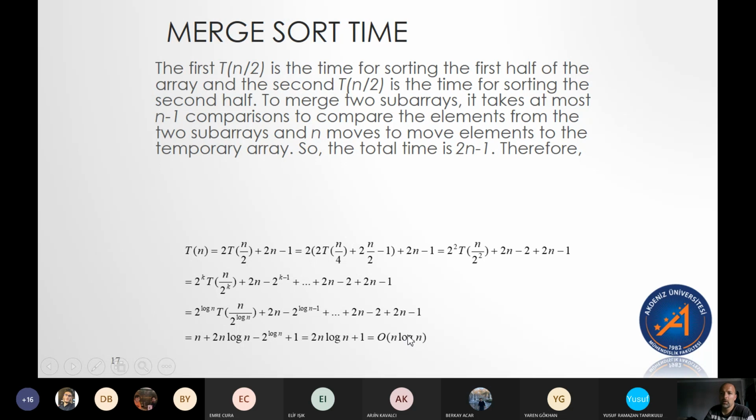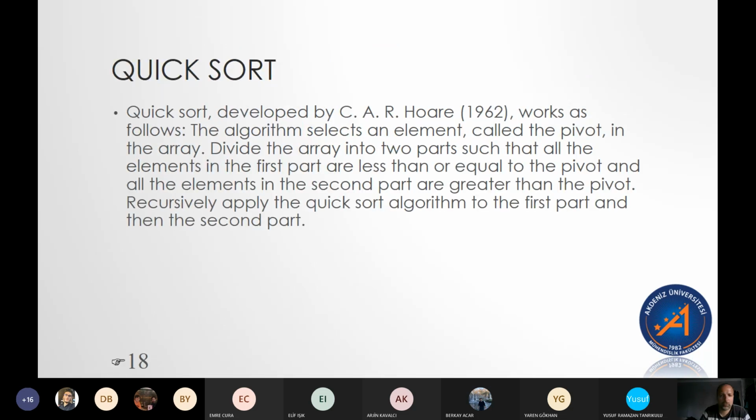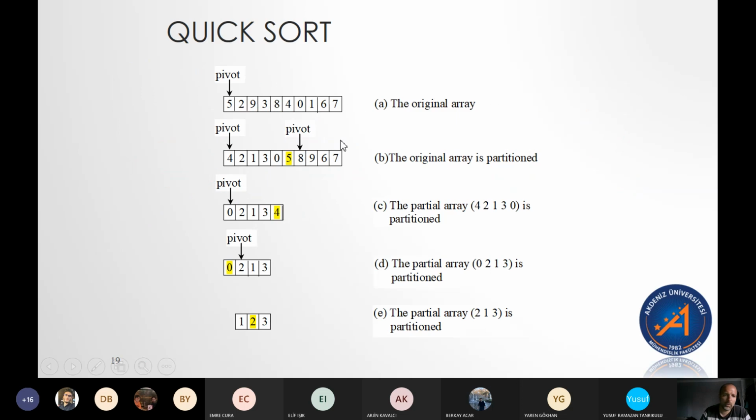Okay. Quick sort is another example of a divide and conquer algorithm. Quick sort, the idea is we have what we call a pivot value. Okay, and the idea is that you choose a pivot, let's say 5, and then what happens is you